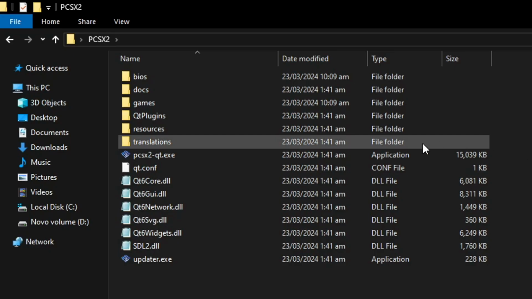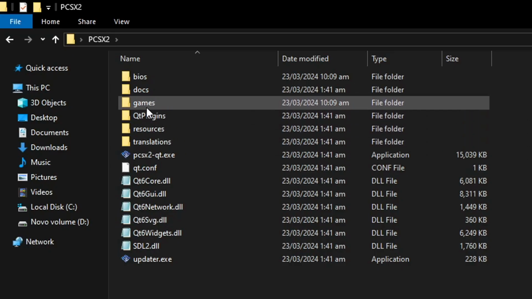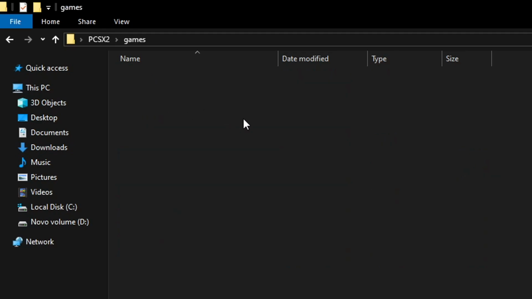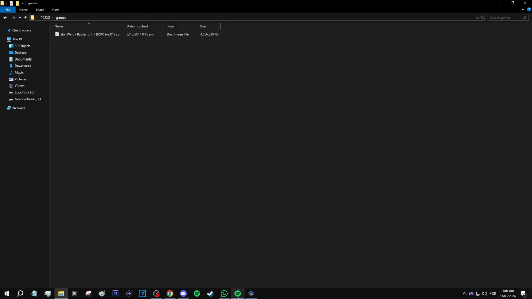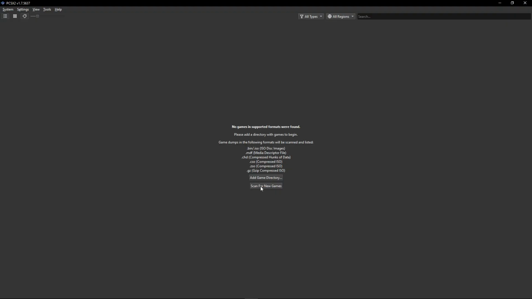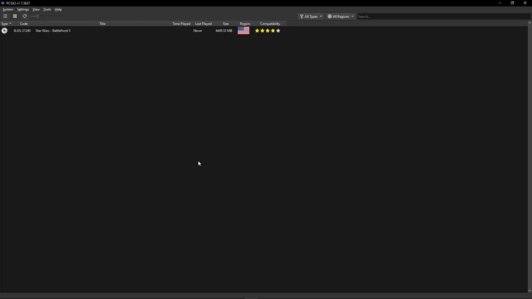And when you are in possession of the game, you're gonna place it on that games folder, on the emulator folder that we just created. When you do that, I want you to go back to the emulator here and then click on Scan for New Games. If you had your emulator open while doing all of this, if not, you can just start the emulator, it should open as such. And now the game should appear right here.